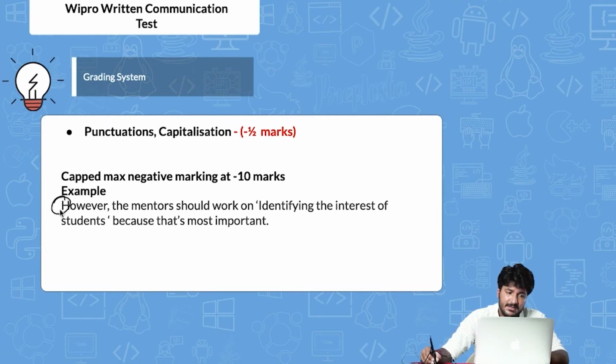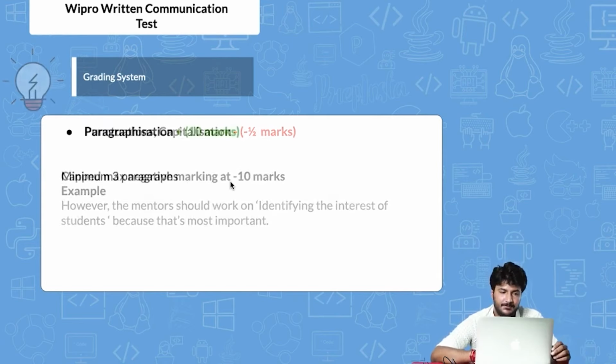Then the AI system is able to understand that the first letter should have been started with a capital letter. If you do not start it with a capital letter, it is going to reduce marks, and then obviously a full stop, right? So in the editor that you're going to get, make sure that you properly enter all the formatting correctly. You do not make any punctuation and capitalization error, or you're going to get -1/2 marks for each and every error that you're making, right?